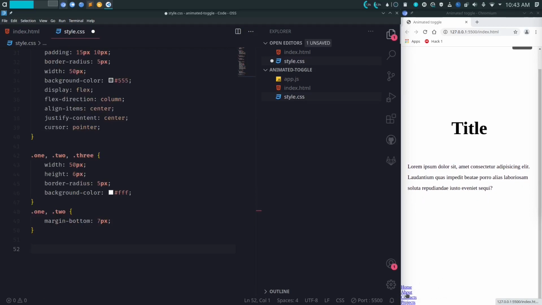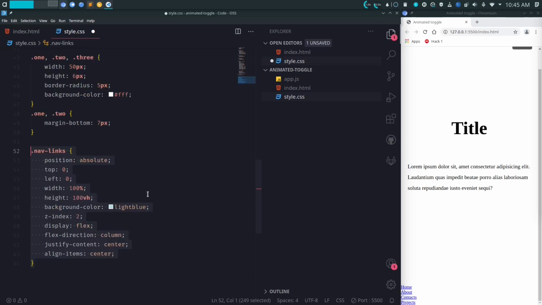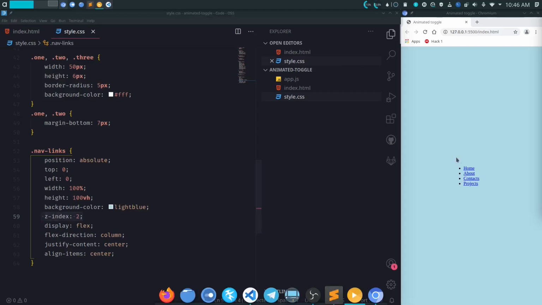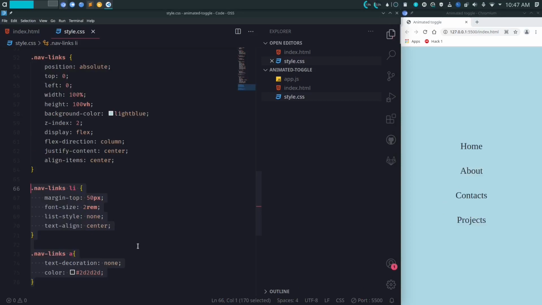They will occupy the full viewport and will sit on top of this main content. Let me add styles to accomplish that. It needs to have a z-index greater than 0, which is the default z-index, so that it will be on top of any other overlapping elements, and align them using flexbox. Okay, let's make these links prettier now.